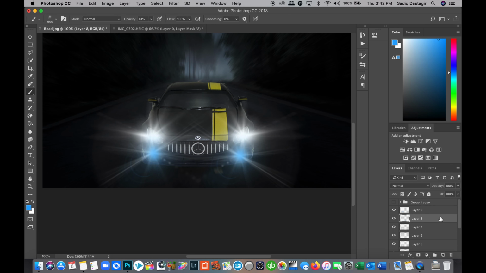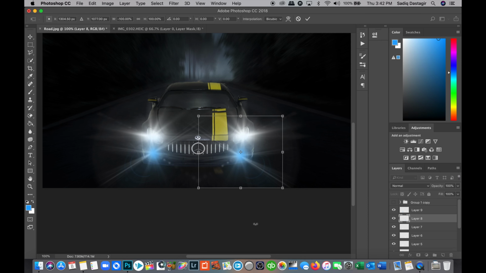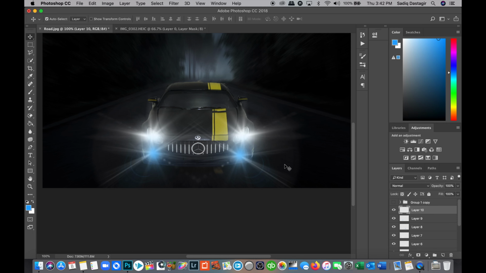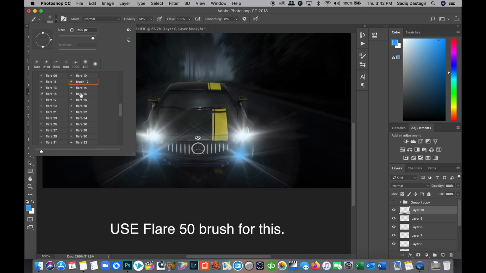We will flip this particular light. Command T, and we'll flip. We want this light to fall a little outside here. By using this move tool, you can move your lights the way you want to. So you can probably, this is looking good. If you want to add another light to make it look even more jazzier.